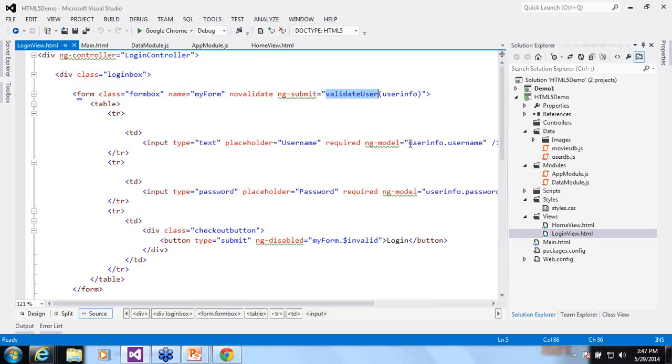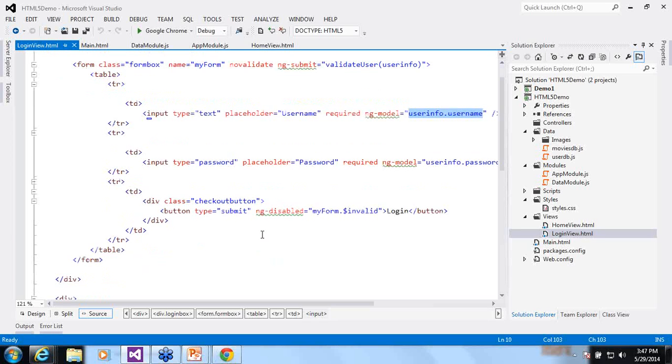And this is how we do the binding. ng model enables two-way data binding. So any name entered in username and password gets stored in the user info object, and this becomes available to the validate user function. So when the person clicks on the submit button or the login button, it will check whether these 2 elements